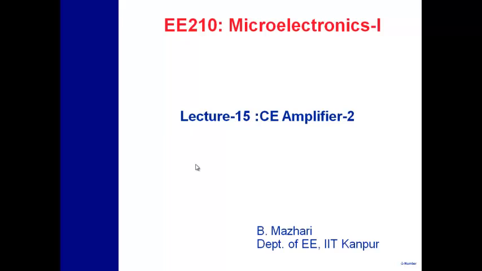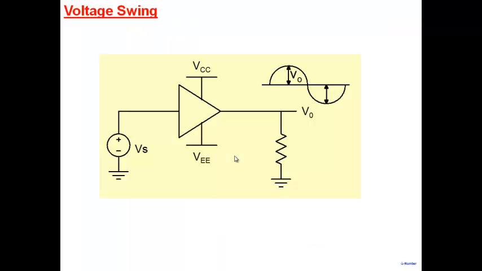We saw some of the important characteristics of the common emitter amplifier, and these included voltage gain and input and output resistances. In today's lecture, we look at another important characteristic, which is voltage swing. All right. So before we start our discussion related to the common emitter amplifier, in general, when you see an amplifier